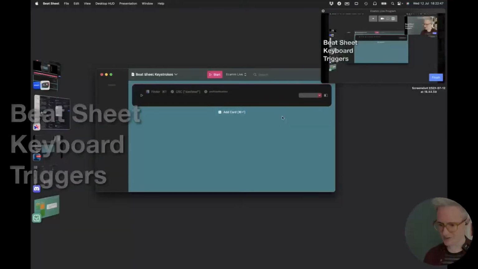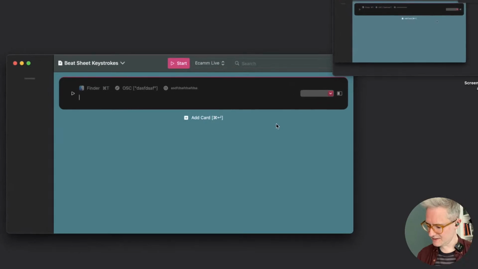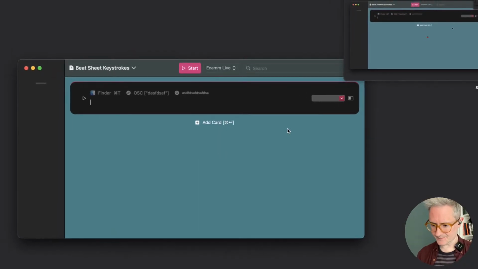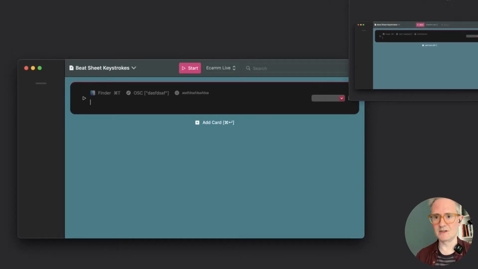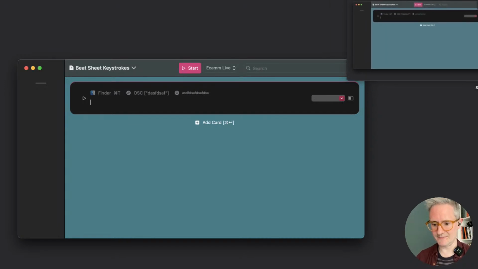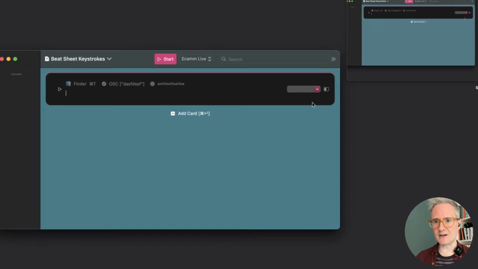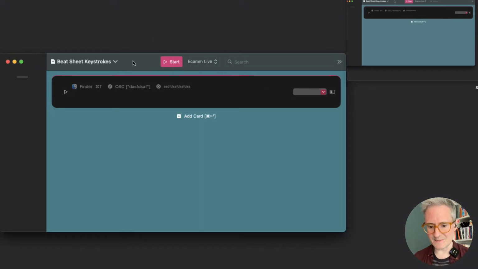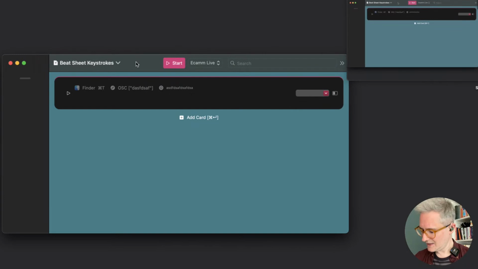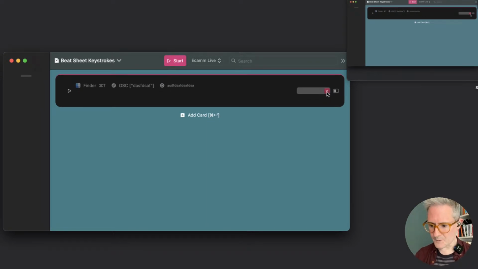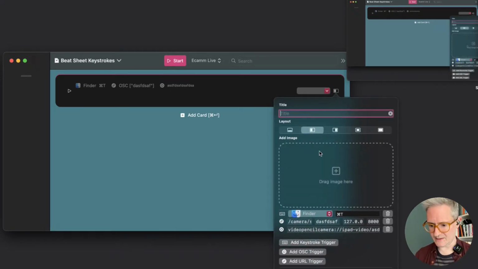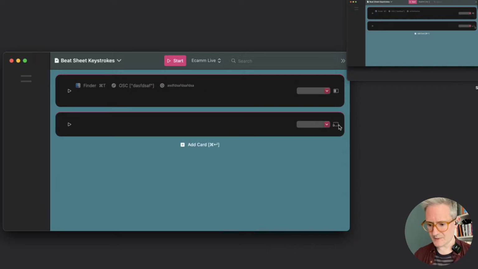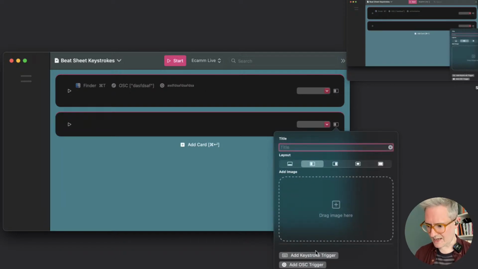Let me show you how we would add a trigger. So I'm going to pull up BeatSheet and I'm going to share. Right, so here is my desktop. This is the program window for Ecamm, but we're going to leave that there. So now, in BeatSheet, and this is in BeatSheet Studio as well, obviously, but it's also in BeatSheet. If we go to this panel here, well, let's make a new card. So if we go to this panel, we can now add